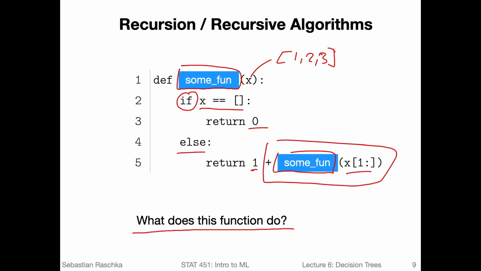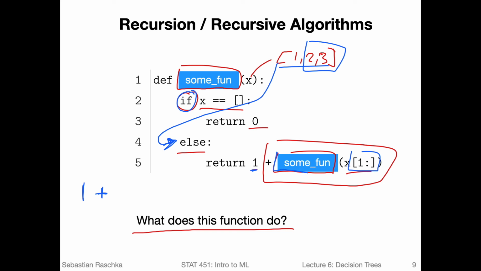So if that looks a little bit abstract, let's walk through this step by step. Let's assume we start with a full list. So let's say our input to the function is 1, 2, 3. What happens is it will check whether the list is empty or not. Clearly the list is not empty because it's 1, 2, 3. So it will go directly to the else statement here, where it will then return a 1. Let me write down the 1 here, plus 1 plus, and then it will call itself again based on a smaller input. We have now a smaller input, and this input is just a 2 and a 3 here, right? So we're cutting off the first element of the list.